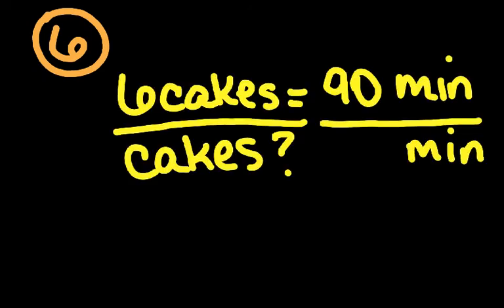Number 6 says a cake decorator can decorate 6 cakes in 90 minutes. At this rate, how many cakes could he decorate during his 8-hour workday if he takes 2 15-minute breaks? We can set this one up as a proportion. You would have 6 cakes equaling 90 minutes. Make sure when you do the proportion, you convert the hours to minutes by multiplying 8 times 60, which gives